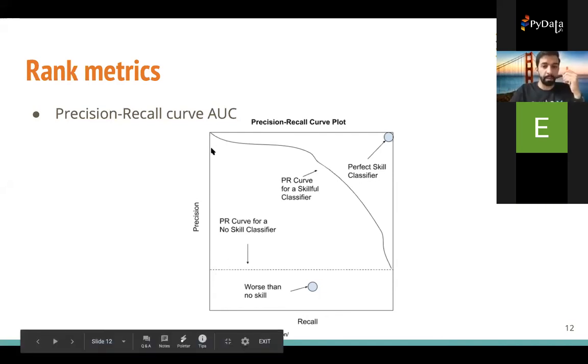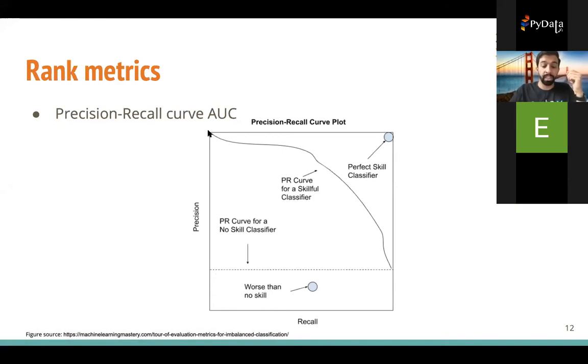And similarly, as we move the threshold, we're going to move from this corner where we have 0 recall and basically 1 precision, and 1 is usually used when there's a 0 over 0. And then as we move, the precision starts to go down and the recall is going to go up. A good classifier is going to have a larger area. A bad classifier is going to have a smaller area.